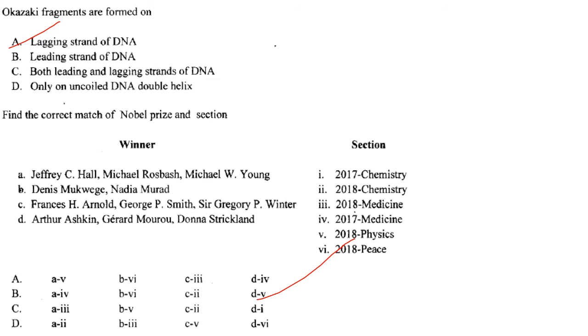Then Denis Mukwege, Nadia Murad. They were given the Nobel Prize in 2018 for peace. Frances H. Arnold, George P. Smith and Sir Gregory P. Winter were awarded the Nobel Prize for chemistry in 2018. Then Arthur Ashkin, Gérard Mourou and Donna Strickland. They were given the Nobel Prize in 2018 for physics. So the answer is A4, B6, C2 and